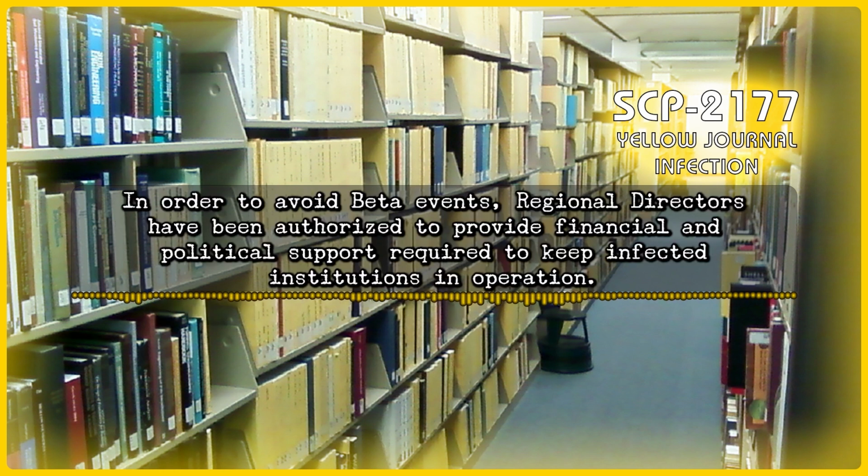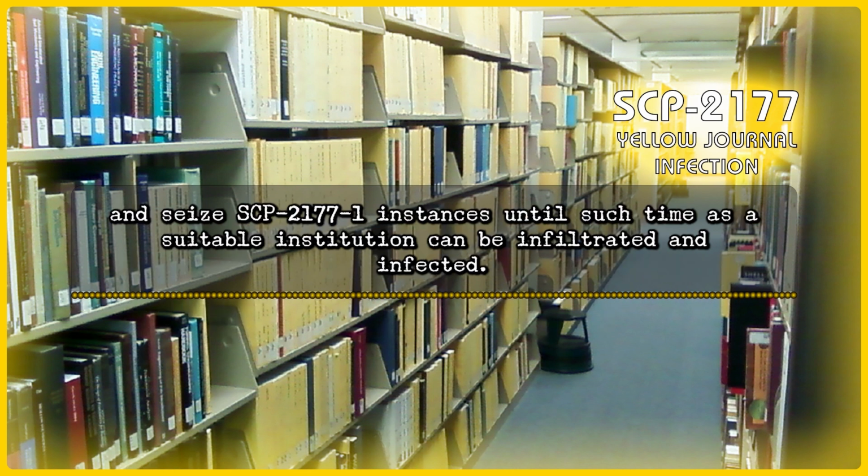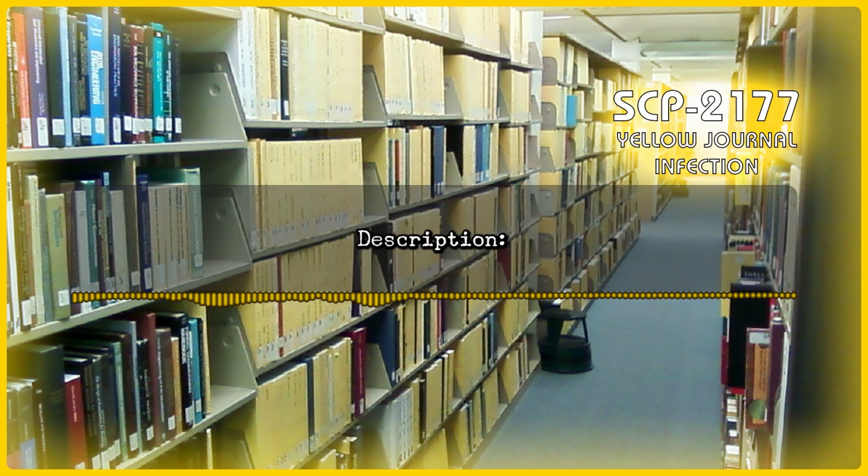In order to avoid beta events, regional directors have been authorized to provide financial and political support required to keep infected institutions in operation. If a beta event is unavoidable, Mobile Task Force Alpha 4, Pony Express, is to intercept all deliveries of documents to vulnerable institutions and seize SCP-2177-1 instances until such a time as a suitable institution can be infiltrated and infected. Description: